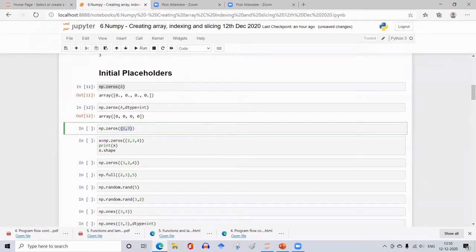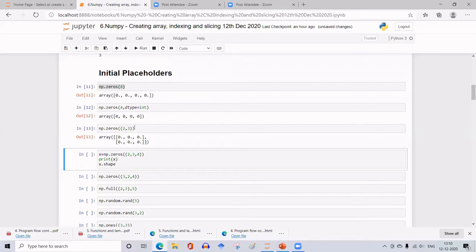So this is a tuple with number of rows and number of columns separated by comma, and that whole thing is enclosed within the parentheses, and the statement for converting it to a zeros matrix is np.zeros. Let me execute this. Now you see here, it is 2 rows and 3 columns. All are float objects with zeros, 0., 0., 0.